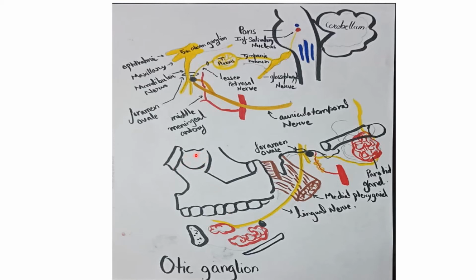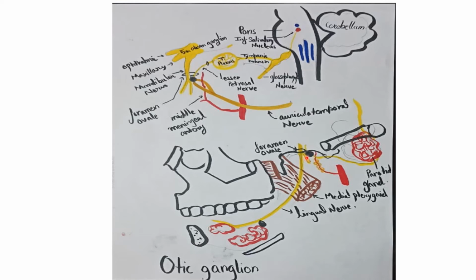This is your orbit, nasal bone, maxilla, and this is your zygomatic bone. The zygomatic arch has been broken. This is the posterior part of the zygomatic bone, and this is your external acoustic meatus. In front of the meatus and below the arch, this is your parotid gland. Understood? Above, this is your brain stem, midbrain, pons, and medulla. Behind is the cerebellum. Now let's talk about the otic ganglion.